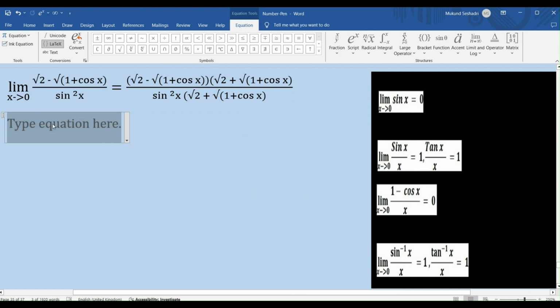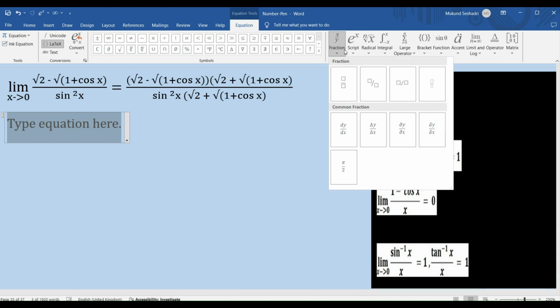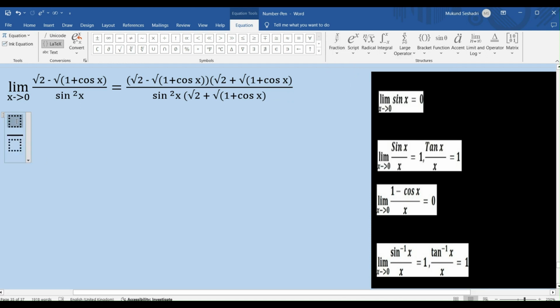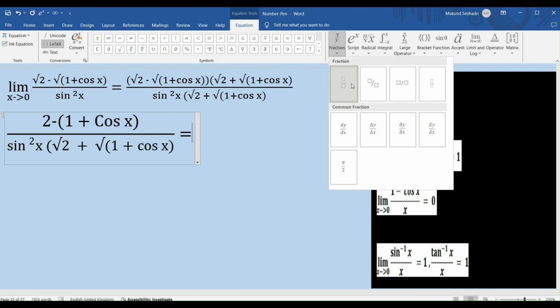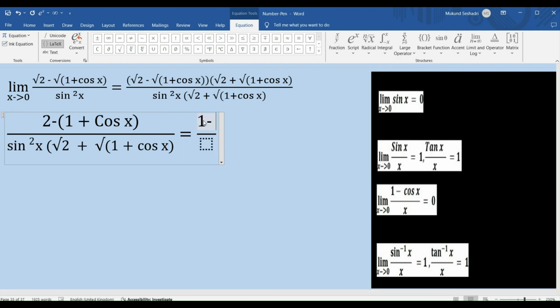And my numerator is of the format a minus b into a plus b, right? So that's nothing but a square minus b square, right? So what is my a square, which is root 2 the whole square, and what is my b square, which is root of 1 plus cos x the whole square, which is nothing but 1 plus cos x, right? And I retain the expression in the denominator as it is. And when I rewrite this, I get a simpler expression, which is 1 minus cos x